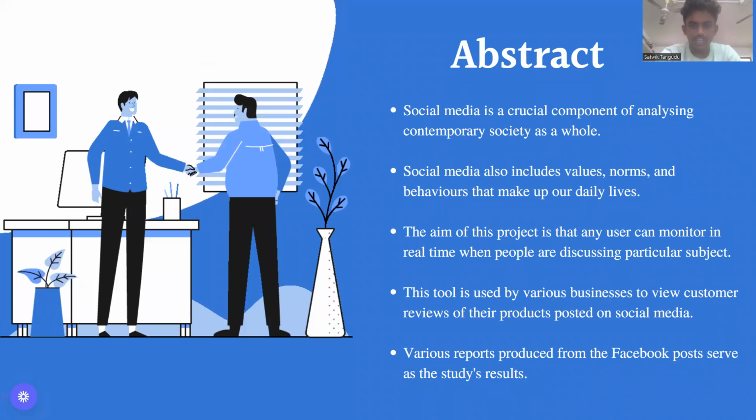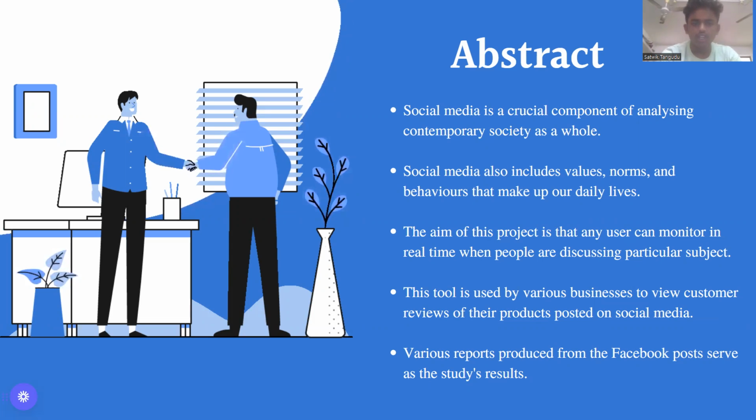As a part of our daily lives, social media is an important factor in analyzing modern society as a whole, including its values, norms, and behaviors. This research is mainly focused on examining social media to enable users to create their own preferences for following a particular social media source. So, a web application has been created to enable a user to follow specific Facebook accounts and classify Facebook posts on those accounts based on user-defined taxonomies.